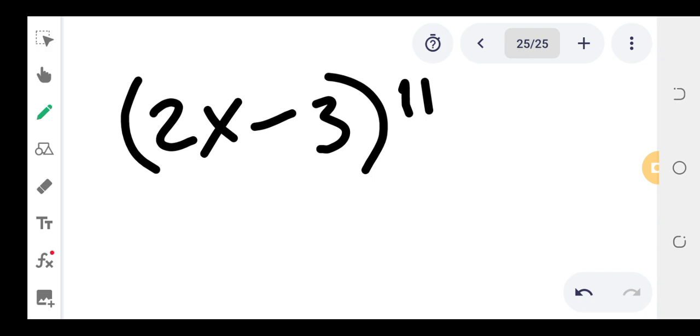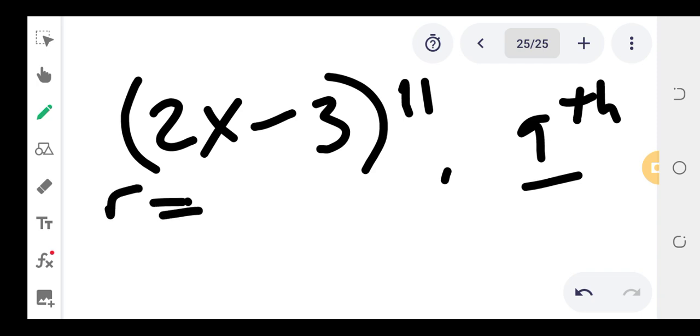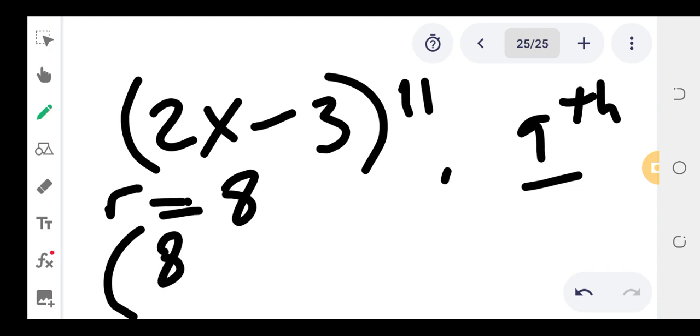So dear colleagues, you don't need to expand the whole of this. With the knowledge that you have, you know that the 9th term is where r equals 8. So you say it is simply 11 combined 8